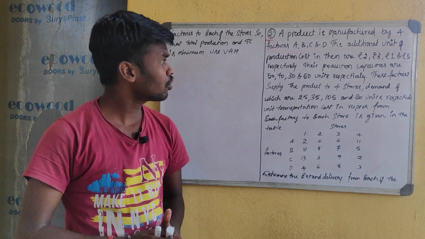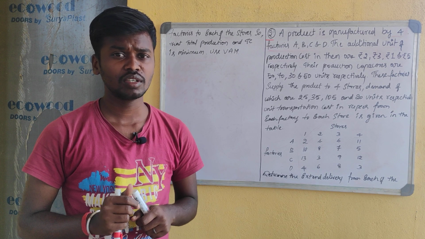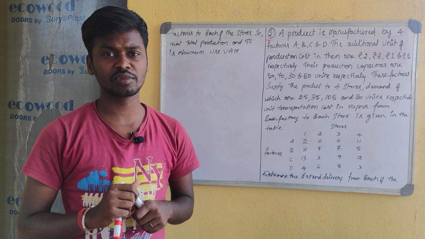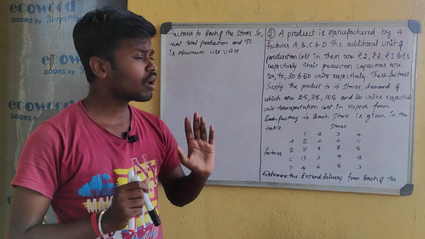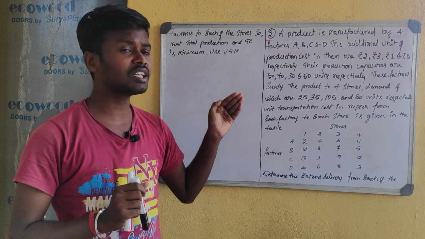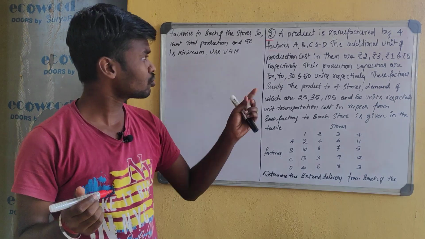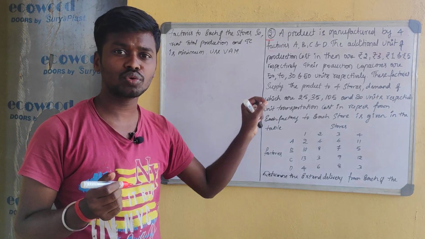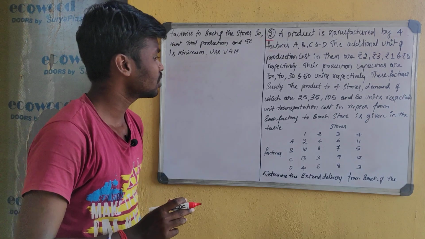So in this session we are going to calculate the total transportation cost under Vogel's approximation method. In last class we discussed the first problem under Vogel's approximation method. So this is the second problem. First you have to write down the given information, if in the problem they have given the information in a theoretical manner. First we have to write down and underline the major concepts which are necessary to calculate the total transportation cost. Write down the problem.